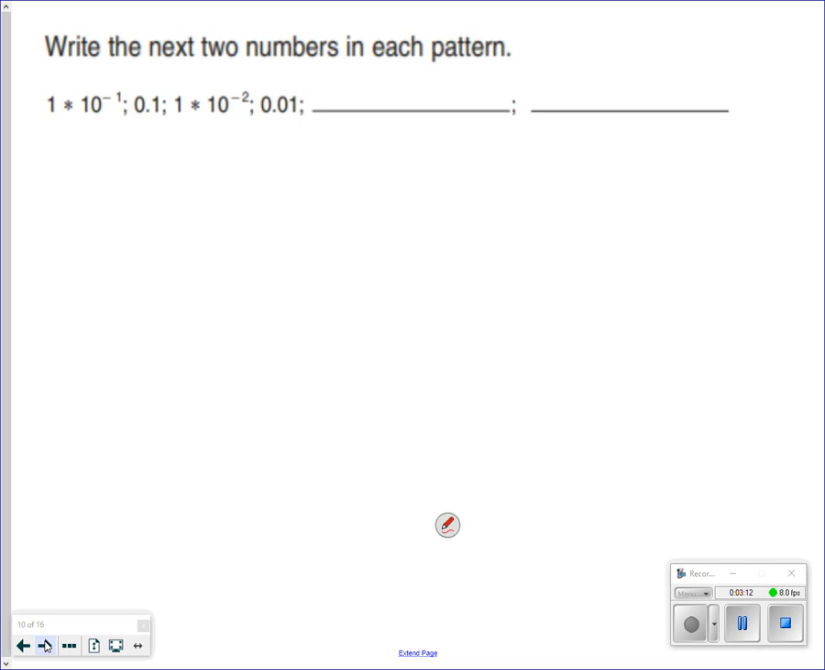Now I'm going to write the next 2 numbers that are in each pattern. So if I have 10 to the negative 1, 0.1. 10 to the negative 2, 0.01. So I'm going to have 10 to the negative 3, 0.00